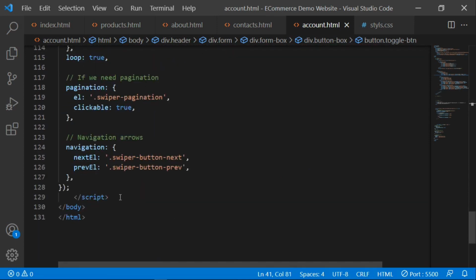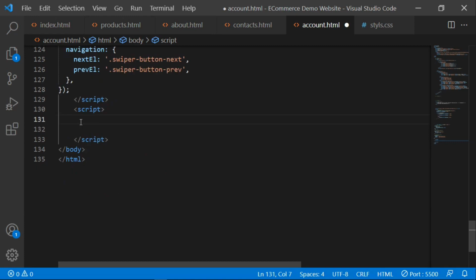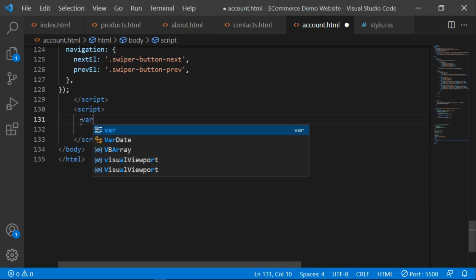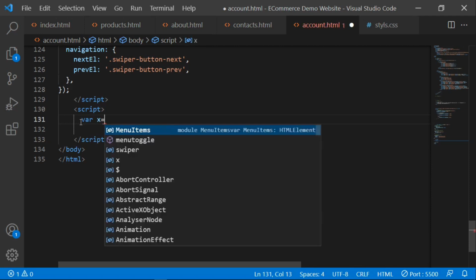And then just at the end of this script tag, I'm going to create another script tag again. First of all, let me create some space there. And so guys, in this script tag, I'm going to create a variable. I'm going to use the var keyword, and then I'm going to say x, and assign it to document